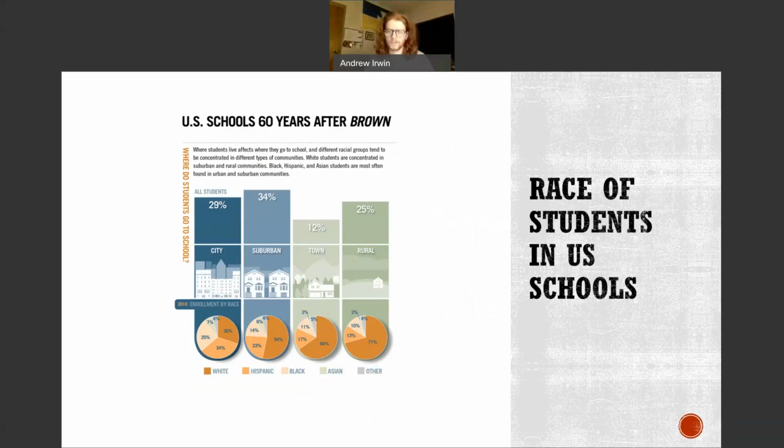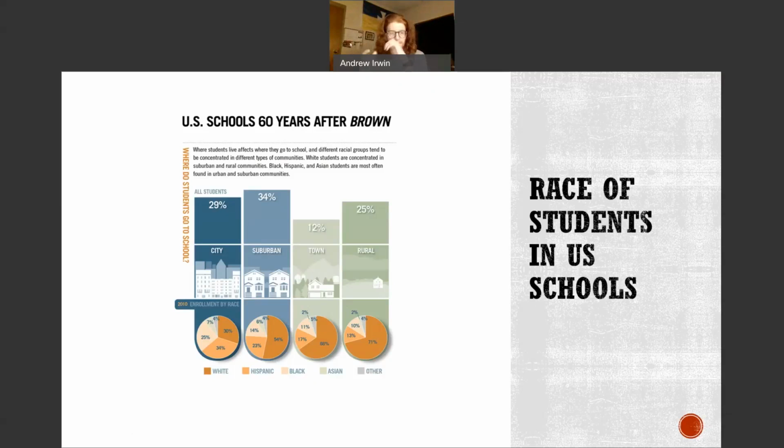Another thing that's important to look at when it comes to multicultural education is the race of students within classrooms in the US. If you take a look at this graph, you can see a very disproportionate amount of students, depending on race, when it comes to where they live. So, for instance, rural towns have 71% white with a few smaller minority groups of Hispanics, Blacks, and Asians. And as you can see within